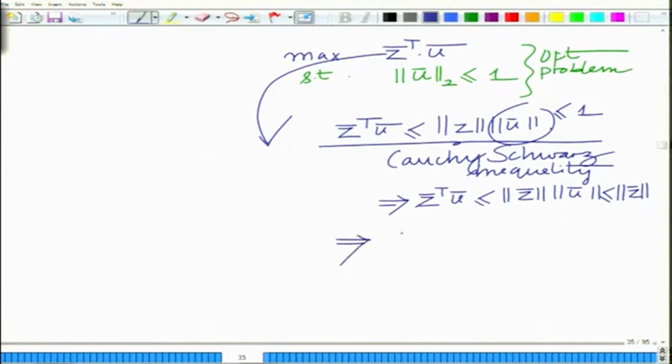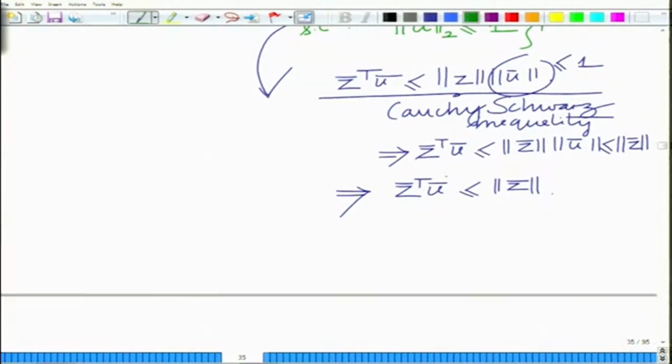This implies that Z bar transpose U bar is less than or equal to norm Z bar. And when does the maximum occur? The maximum occurs when U bar is aligned with Z bar,